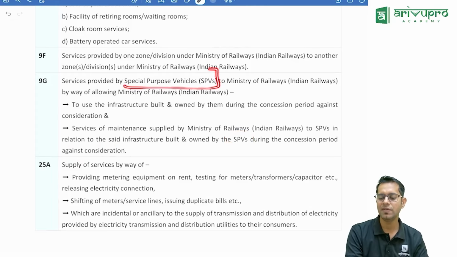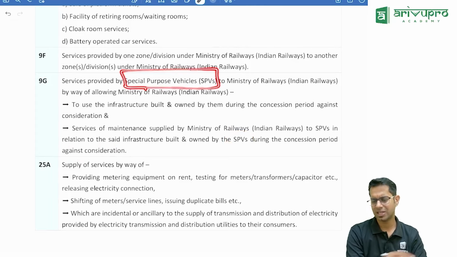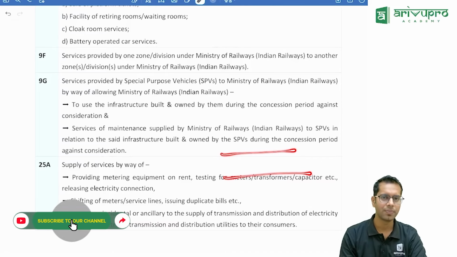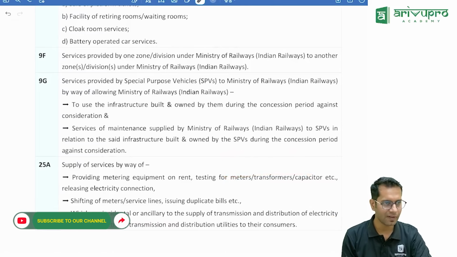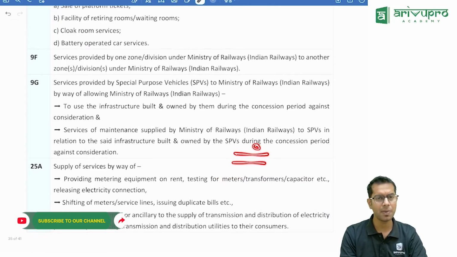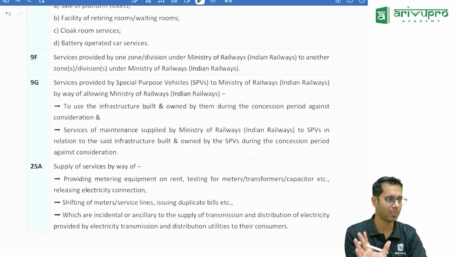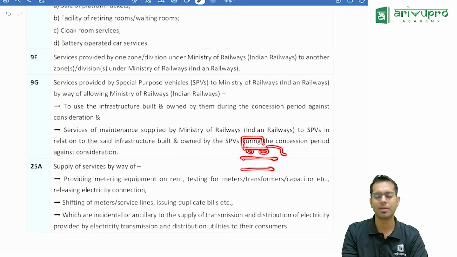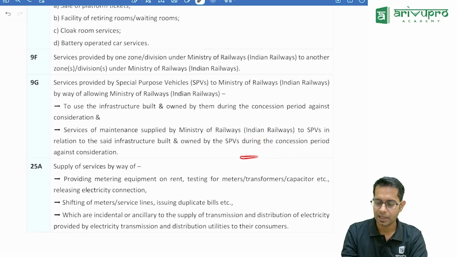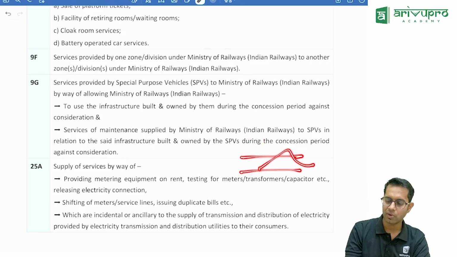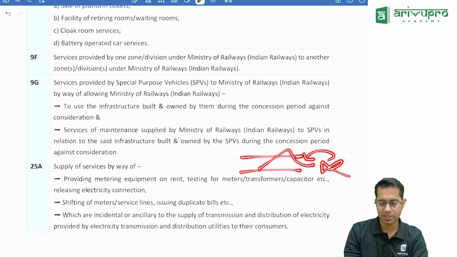So basically an SPV has been created for construction of this. See, now what government is doing is everything they are giving on contract to someone. Whatever work they are doing, they are giving on contract to someone. So a special purpose vehicle is created. Special purpose vehicle is like a company only. Okay, that you will understand in your taxation subject in final. It is like a company only. So that company is building, let us say, the railway tracks and all, and now Indian Railway is using that. So for whatever money is paid by them, there is no GST applicable.